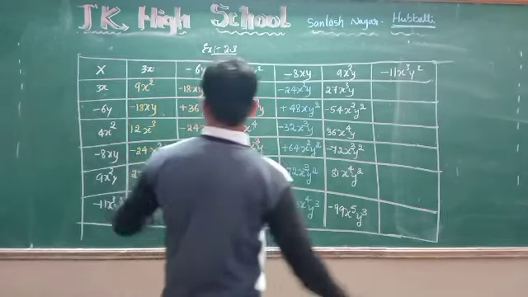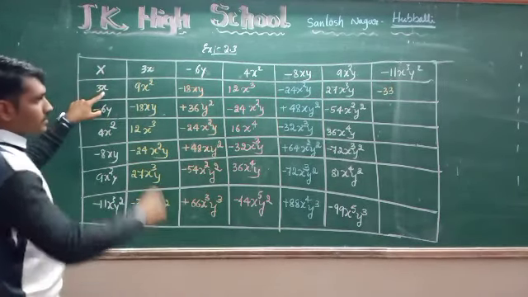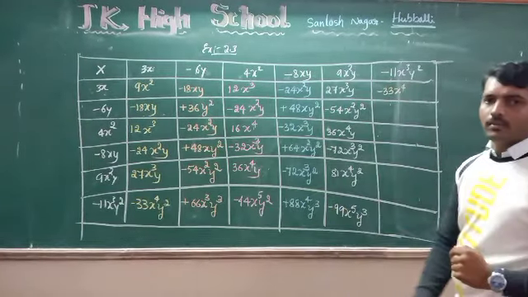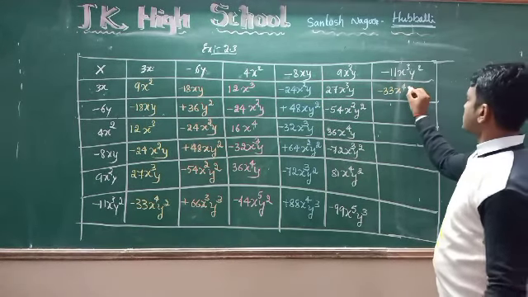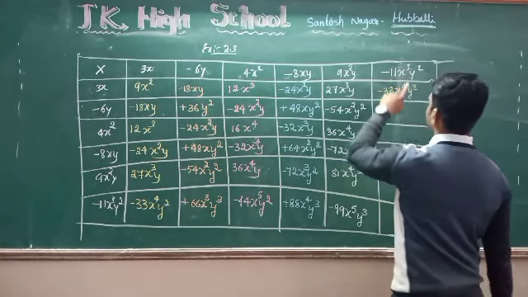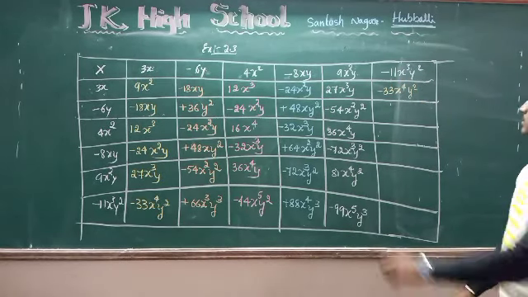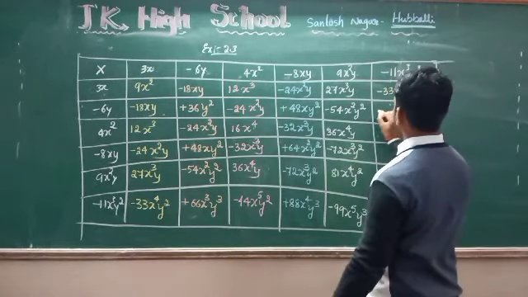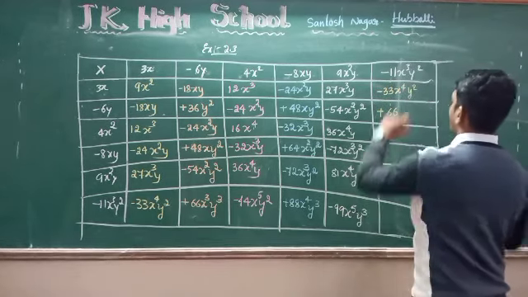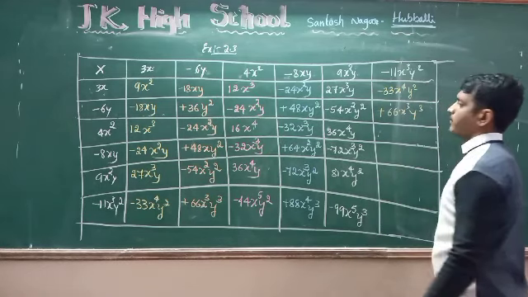Okay, done. 11 3s are minus 33. x to the power 3, what will become? x to the power 4. Correct? Next, x into y square, y square as it is. x square, x into x cube, x to the power 4. There is no y value, y value keep here. 11 3s are 33. Next, minus into minus plus, 11 6s are 66. x cube as it is. y square into y, it will become y to the power 3.